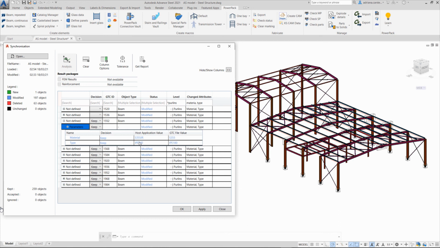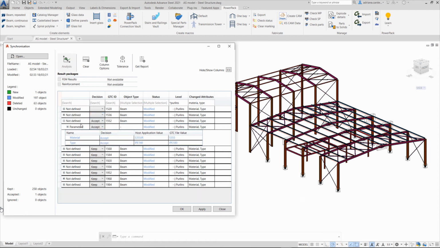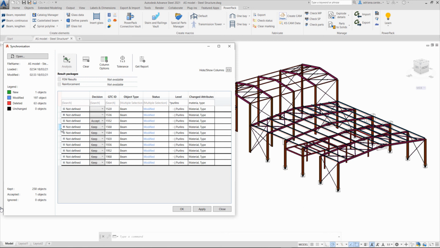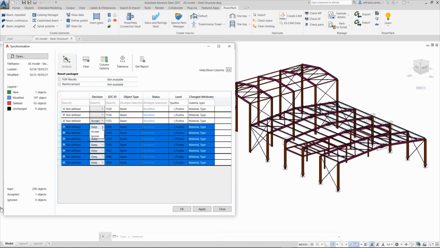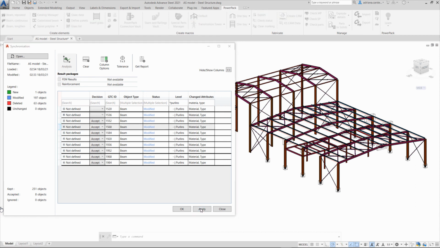So really this synchronization dialog box is key in this workflow between Advanced Design and Advanced Steel, because thanks to this interface you will be able to master the modification during this import-export process between a detailing model made in Advanced Steel and the design model made in Advanced Design.